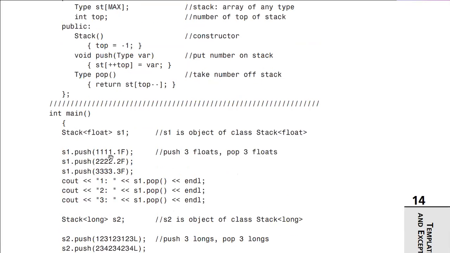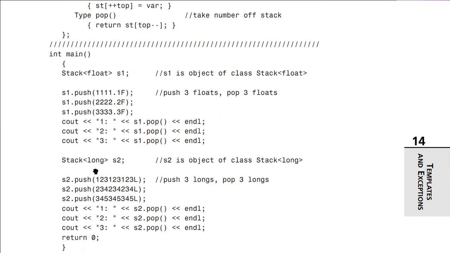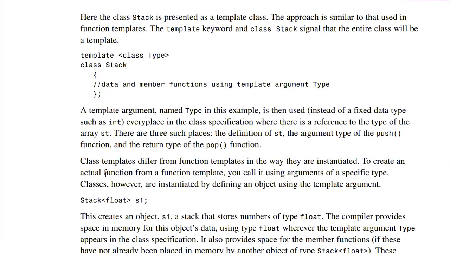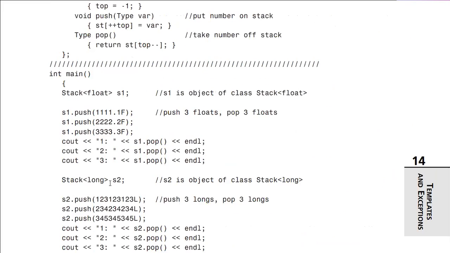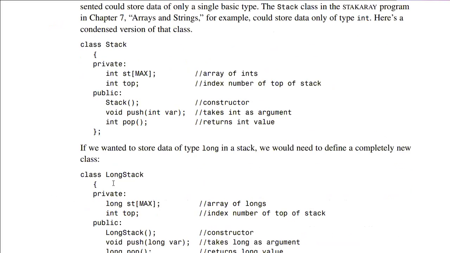In this program, as you can see, whenever we declare a float stack, it only works for float. If you want to use a long stack, it only works for long. But if we use a template class, it will work for all types of data. Now that's the basic idea. Let me show you another example